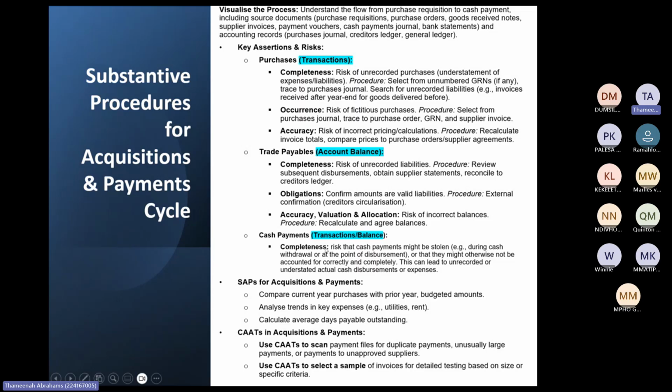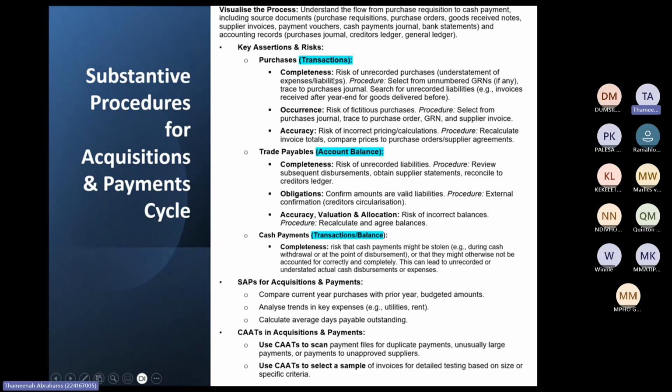Which means your balance will also be, is it understated? Or actually your cash balance would be overstated, because remember the money is still reflecting in your bank balance, because it's supposed to reduce your bank balance. Does that make sense? Yes, it does. Yeah, so you see that's how you think about it.